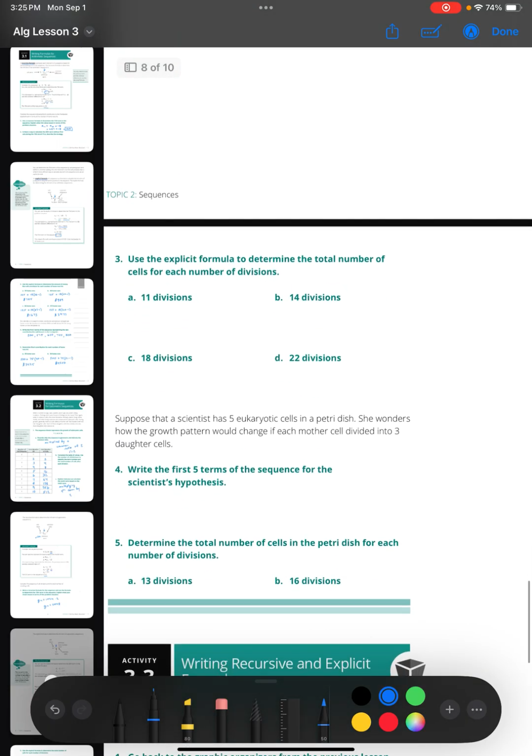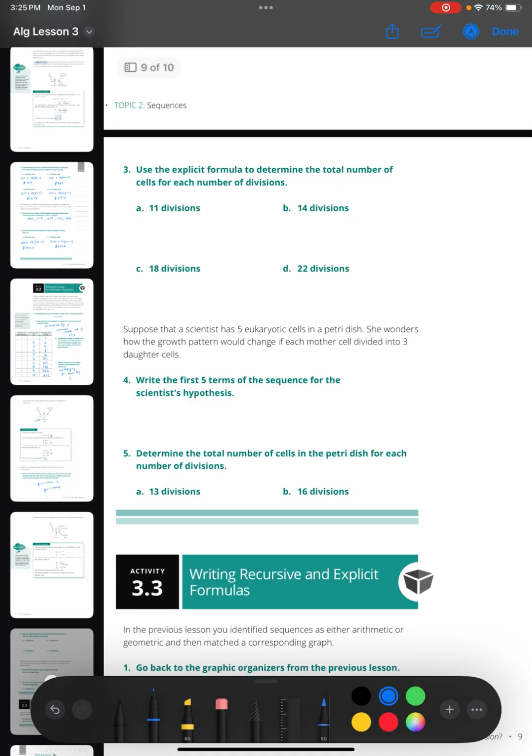Okay, keeping that in mind, it says use the explicit formula to determine the total number of cells for each number of divisions. So again, remember, 11th division is the 12th term. So if we're going to use our formula, the first term is 1 times 2 to the 12 minus 1, which will give you 11. And if you simplify that one, we get 2,048. So for 14, we'd have the first term number. 2 to an exponent of 14 divisions would be the 15th term, so 15 minus 1. So to an exponent of 14,